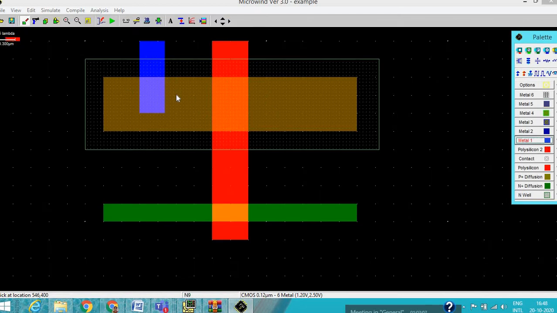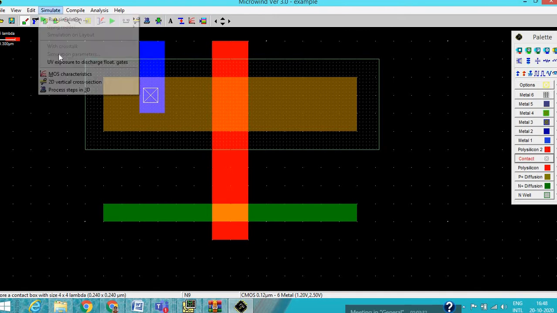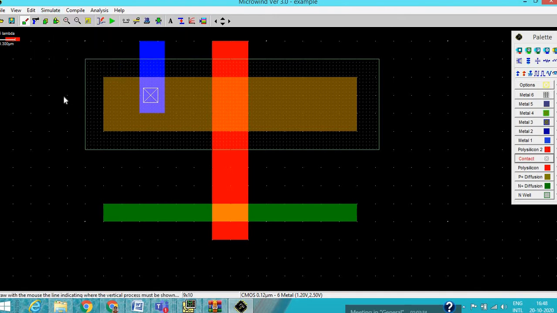So this metal layer and this P plus are still not connected. How can it be made to connect electrically? By clicking on the contact. Here you can see the palettes, different layer palettes. So let's click on the contact and put the contact in an overlap area where it has the metal and exactly below it the P plus.